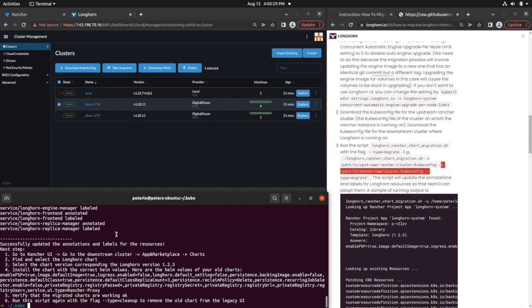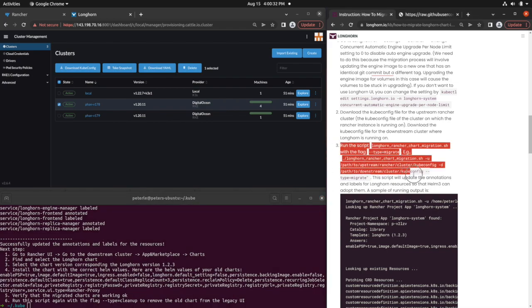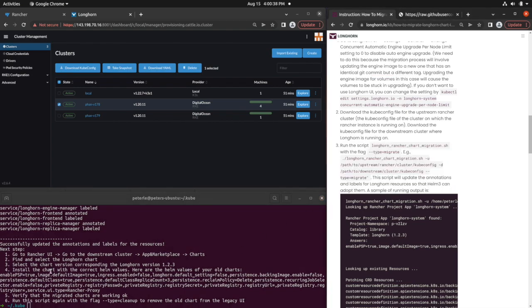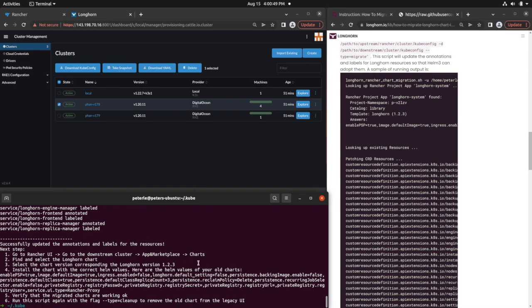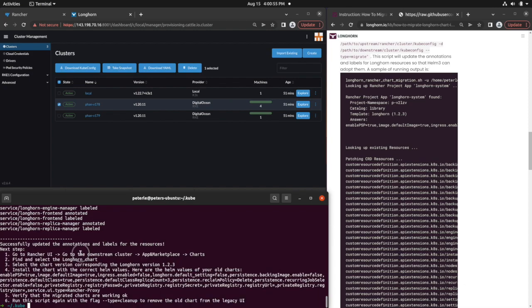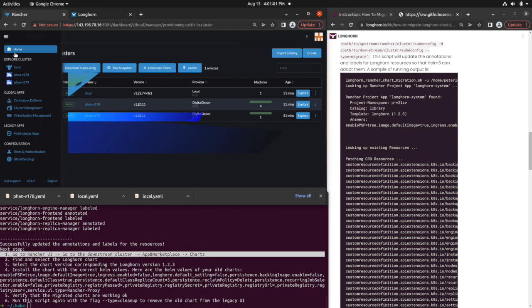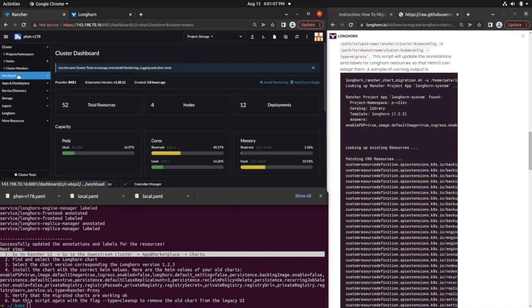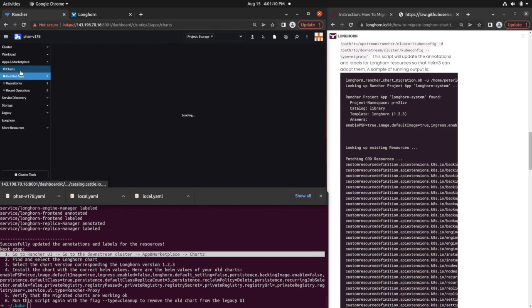Okay, so we finish the third step, which is running the migration script to update the annotation and the label for the resources. As you can see over here, we have the instruction for the next step. The next step is go to the Rancher UI, go to the downstream cluster, and go to the app and marketplace. So let's go to the downstream cluster 178, go to the app and marketplace, go to the chart, select